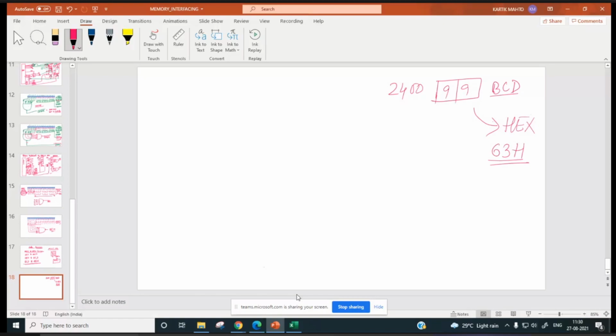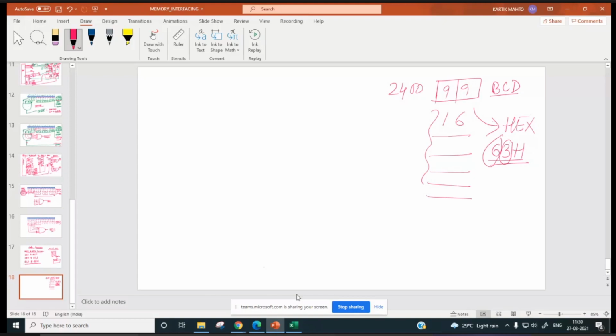So how to do this? How to convert 99 to 63? One technique: you keep on subtracting 16 from 99. How many times will you subtract? Six times. Then how much will be the remainder? It will be 3.